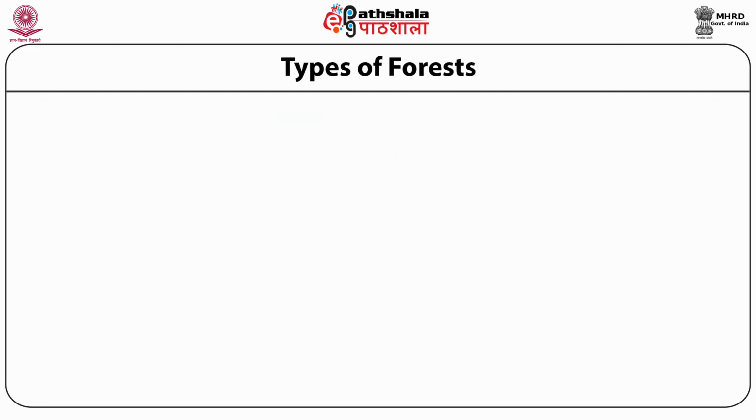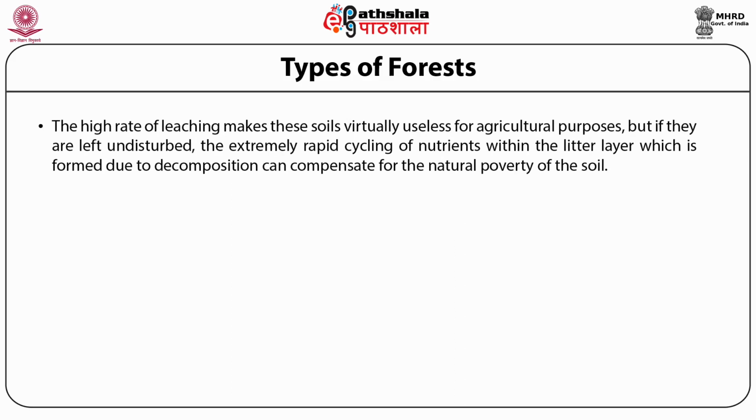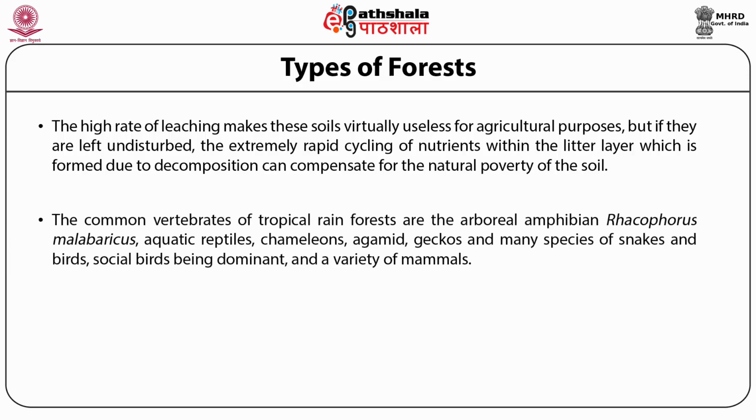Soil of tropical rainforests is red latosol, and it may be very thick. The high rate of leaching makes these soils virtually useless for agricultural purposes, but if they are left undisturbed, the extremely rapid cycling of nutrients within the litter layer, which is formed due to decomposition, can compensate for the natural poverty of the soil. The common vertebrates of tropical rainforests are the arboreal amphibians, Rhacophorus malabaricus, aquatic reptiles, chameleons, agamids,